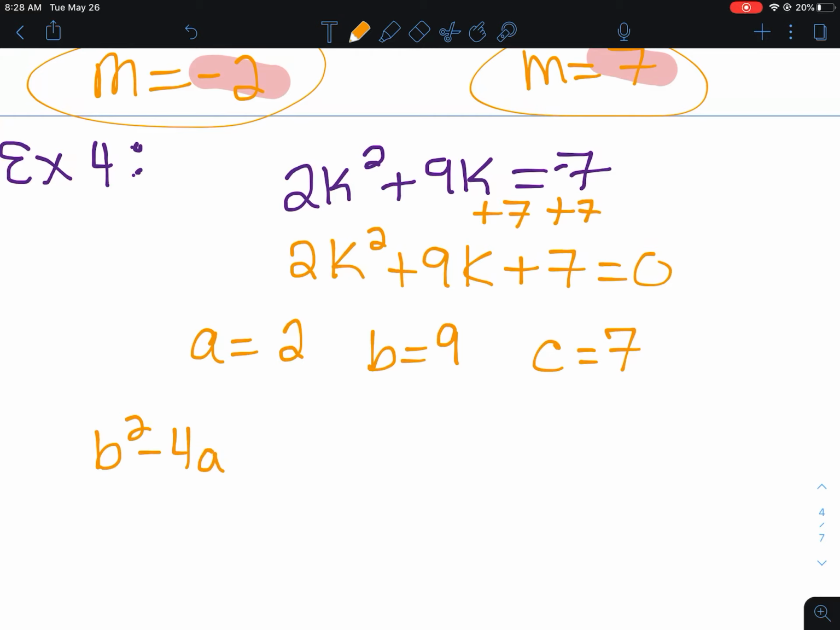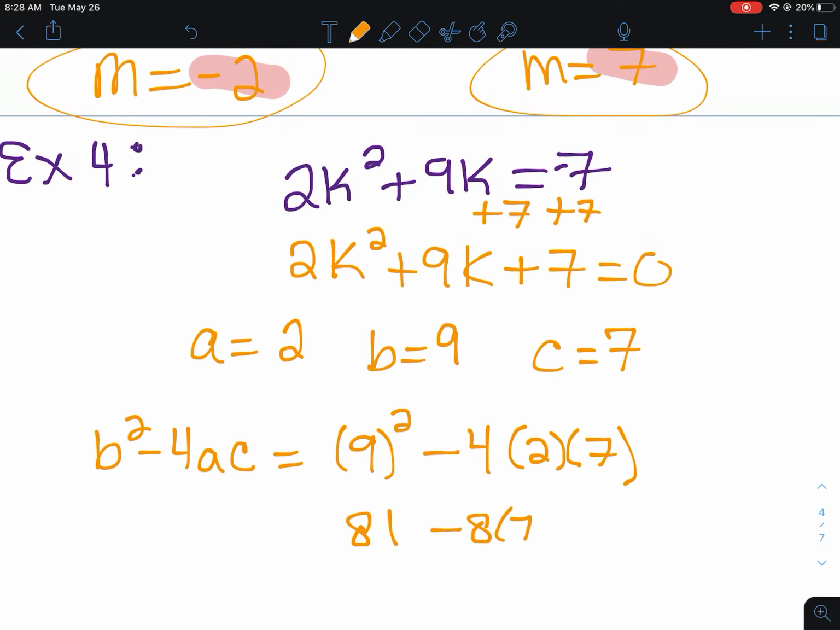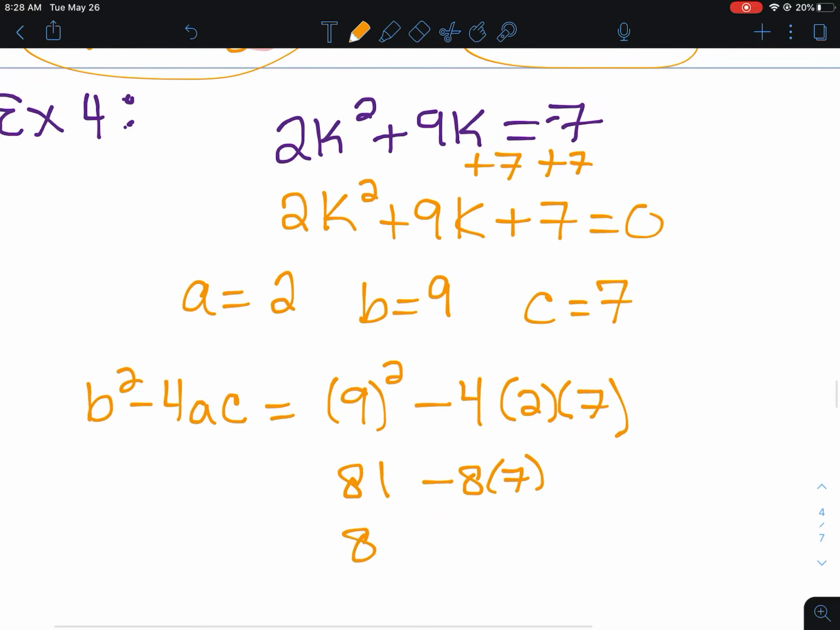So I'm going to calculate my discriminant first. b squared is 9 squared, minus 4 times a, which is 2, times c, which is 7. So 81 minus 8 times 7 is 81 minus 56. And 81 minus 56 is,